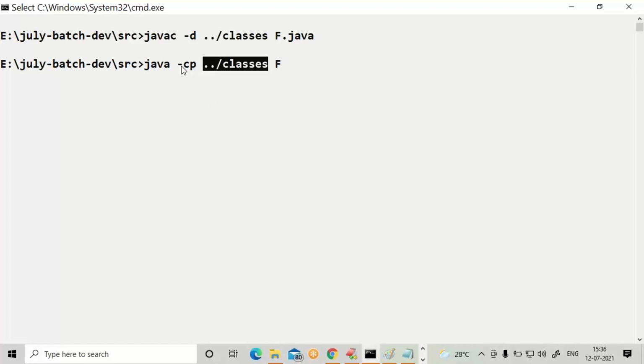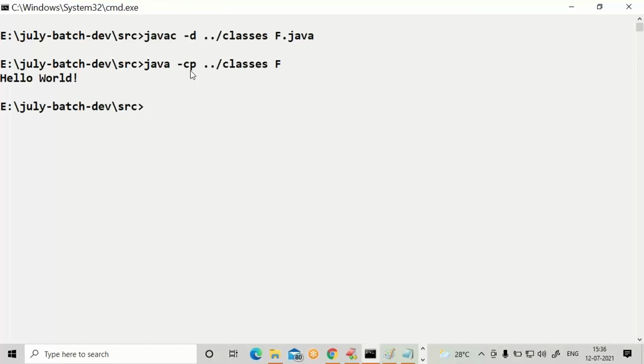For that purpose, specify the path of the class with -cp. You can also mention hyphen classpath: java space hyphen classpath space, then the location.